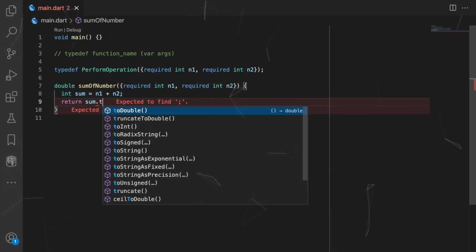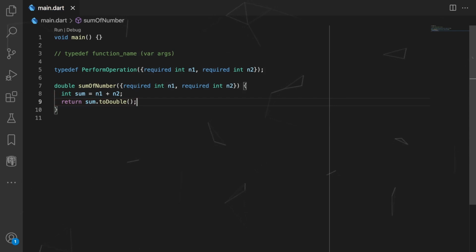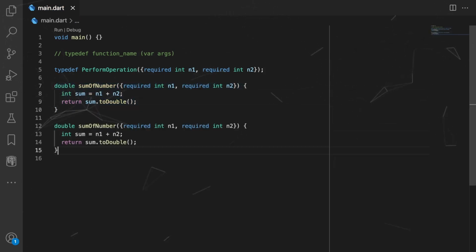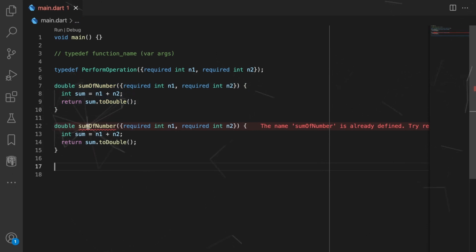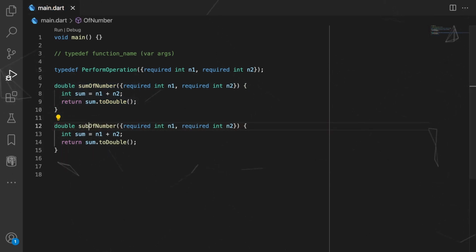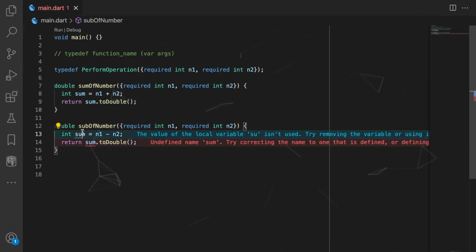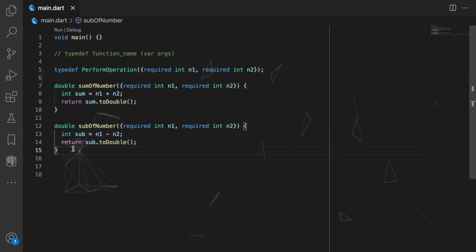Now we can make it toDouble just like this with the help of this extension of toDouble. So now I'll copy the following thing and paste it here, and only twice for right now. Let's say subtractionOfNumber, and here I will have a minus sign. Here let's say sub, and the subtraction will be sub.toDouble because we are writing a type of double.